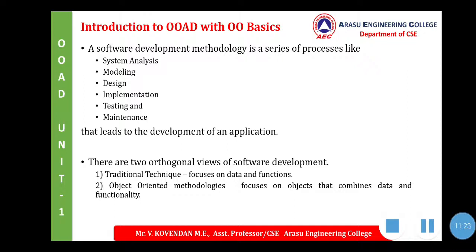And there is simplicity: object modules reduce complexity, so the program structure is very clear. And there is reusability, which is a desired goal of all development processes. It contains both the data and the functions which act on the data, right? And it makes it easy to reuse the code in a newer system also.